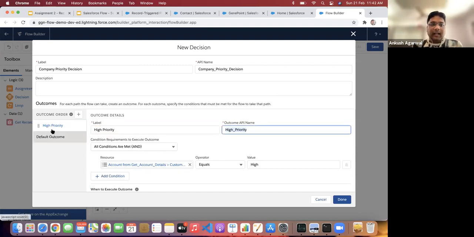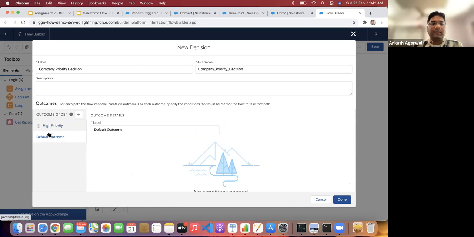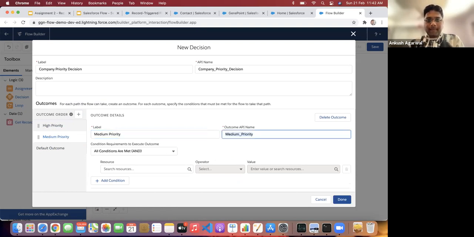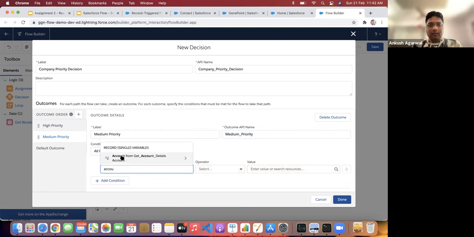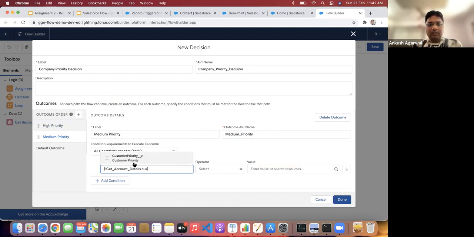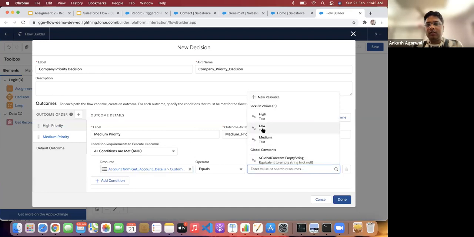Okay, then by default, there is only one particular criteria, and the second one is default outcome. So what we can do, we can add more conditions over here, and we can define medium priority, and the same, account from get account details, and customer priority, it should be medium.